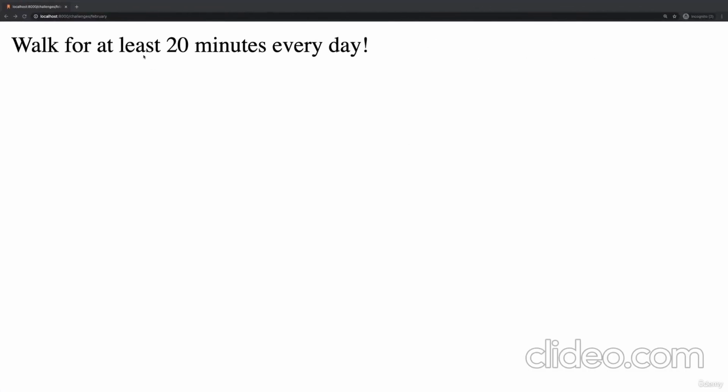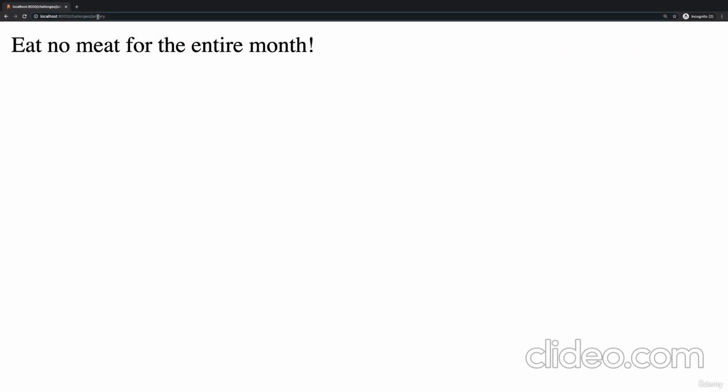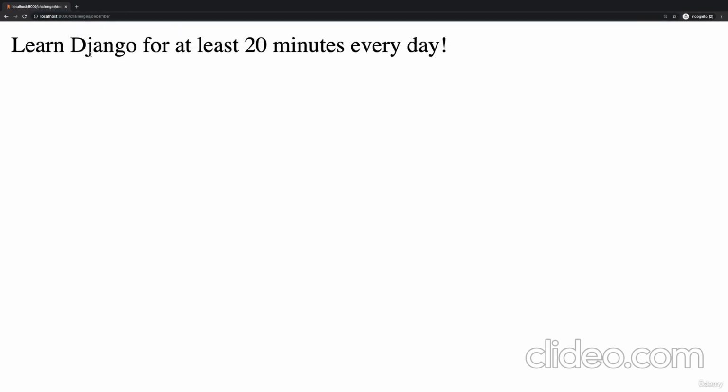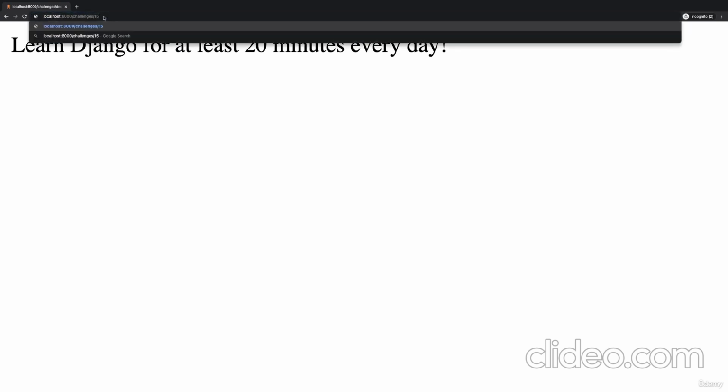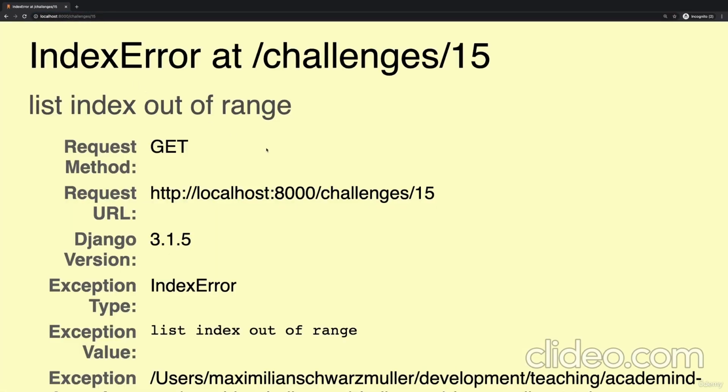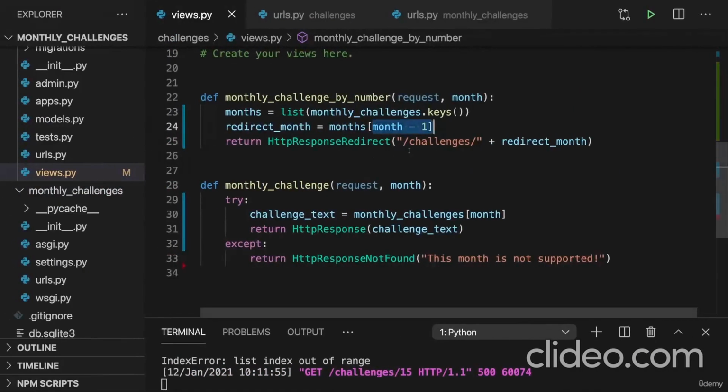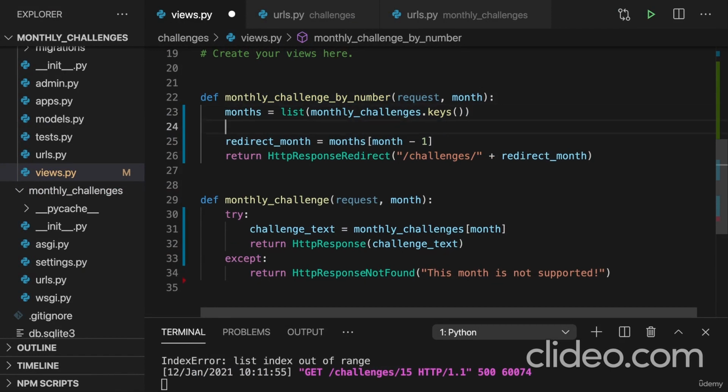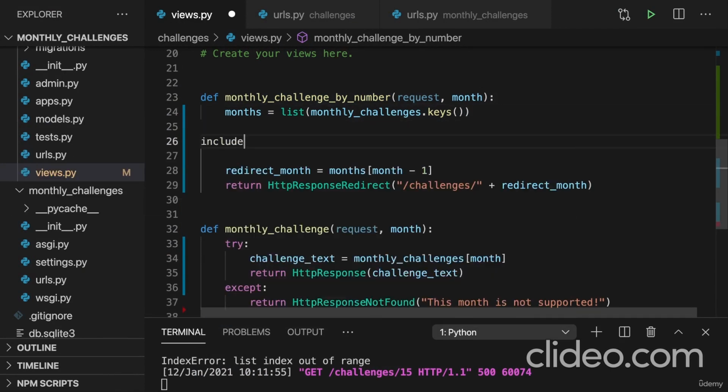And with that, if we save this, if I enter challenges/1, I'm redirected to January, 5 redirects me to May, and 12 redirects me to December. Now, if I enter something else like 15, we of course get an error because that's an index we're not supporting here. So to finalize this view function here, we might want to add an if check here and check